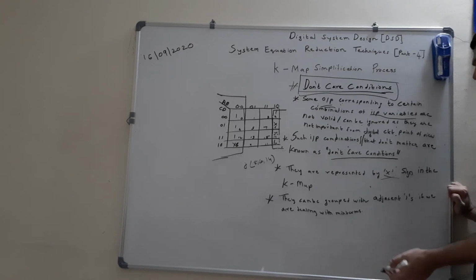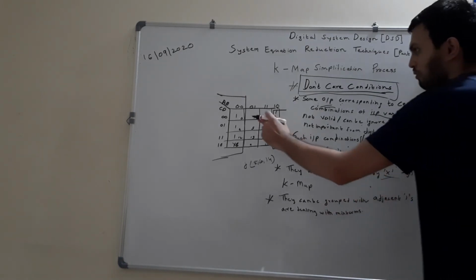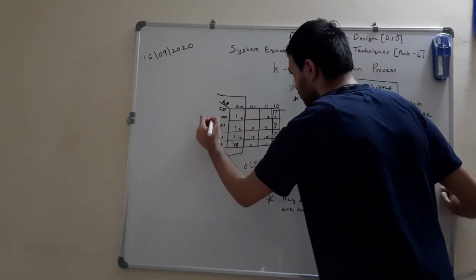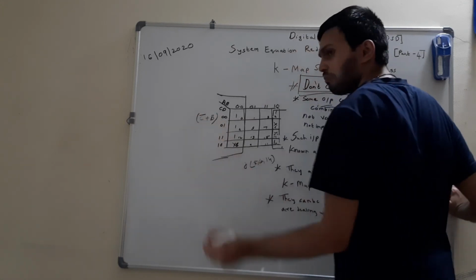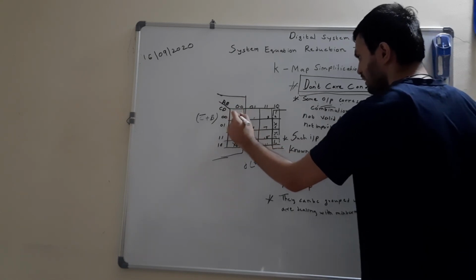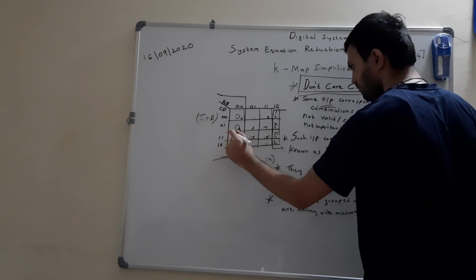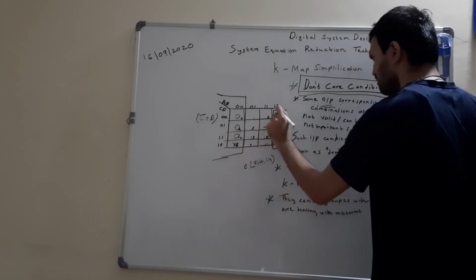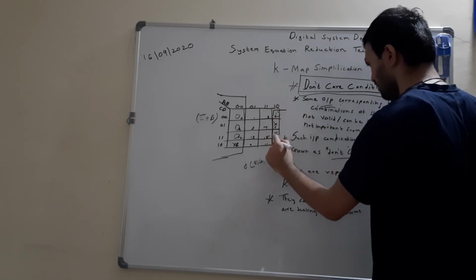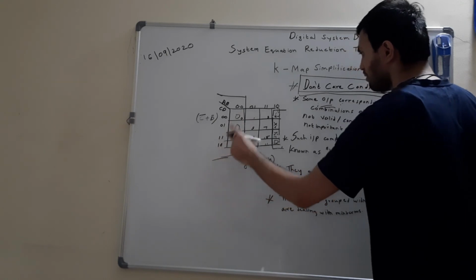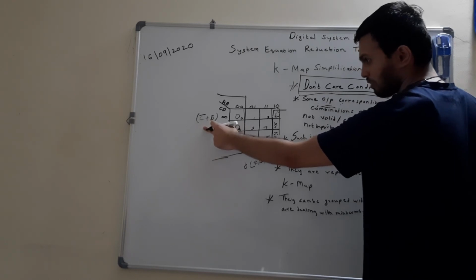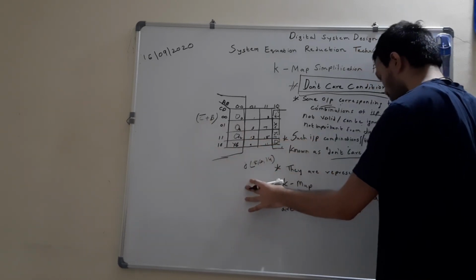So if we were dealing with max terms, suppose we were dealing with an expression something like this, it would be C bar plus D bar, because it would now be a product of sums form. Now as I am talking about max terms, here we will group zeros. No need to get confused. Just I am considering the max terms, and the don't care conditions remain the same. So when we are dealing with max terms, we will group this don't care with zeros. But in case of max terms or product of sums form, when we do these examples, it will be pretty much clear.